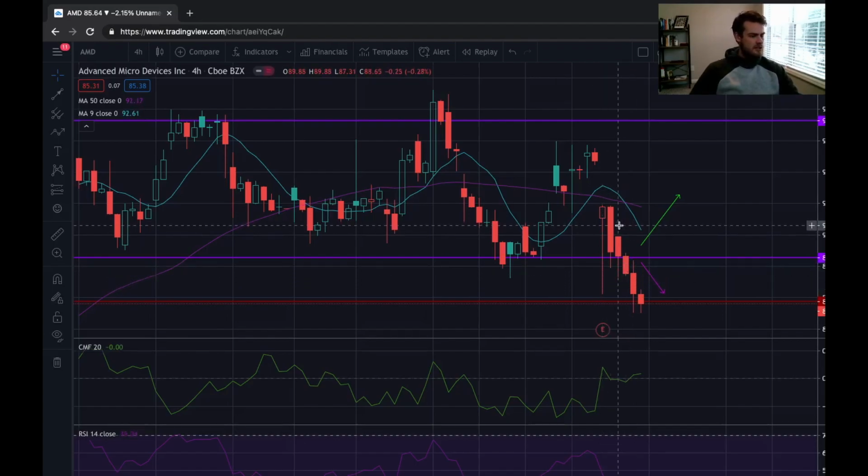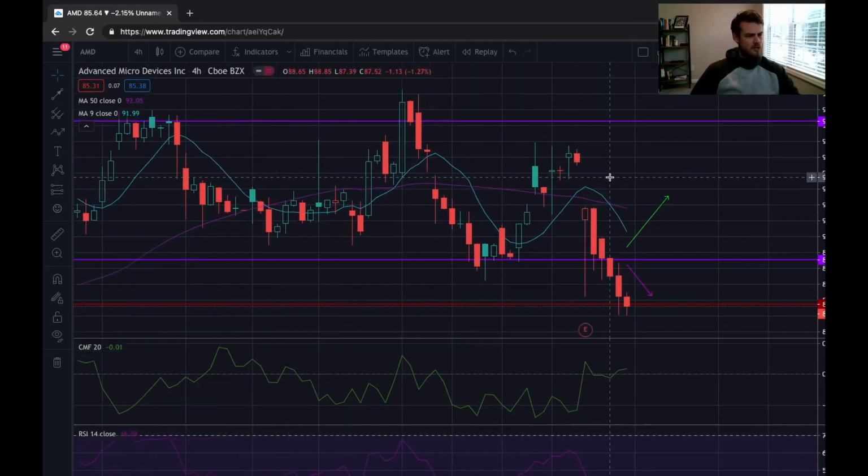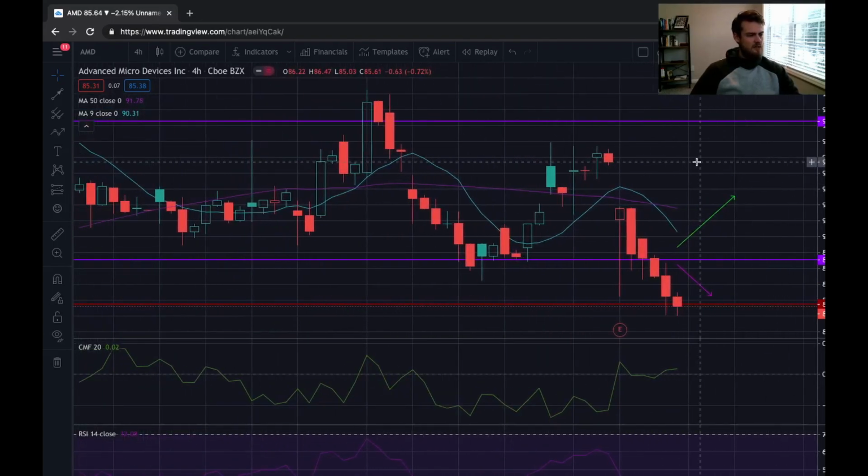So the last thing, now that we've talked about the confirmation, that I would have liked to have seen here was, so I'm tracking two moving averages here. I have the 50-day moving average in purple, and then I have a smaller time frame moving average in, I guess that's a teal color here. So going back to the methodology of confirmations, not only could I have waited for a confirmation above the support line right here to get into the trade, but I think if I